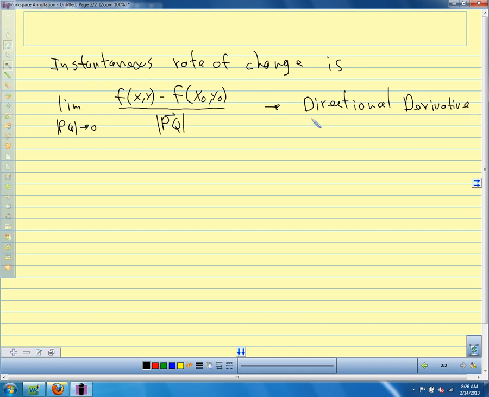So this is just the rate of change of our function as we move in some arbitrary direction. We're not moving in the direction of the x-axis necessarily or the y-axis necessarily. We're moving in some arbitrary direction. So we call this the directional derivative of f